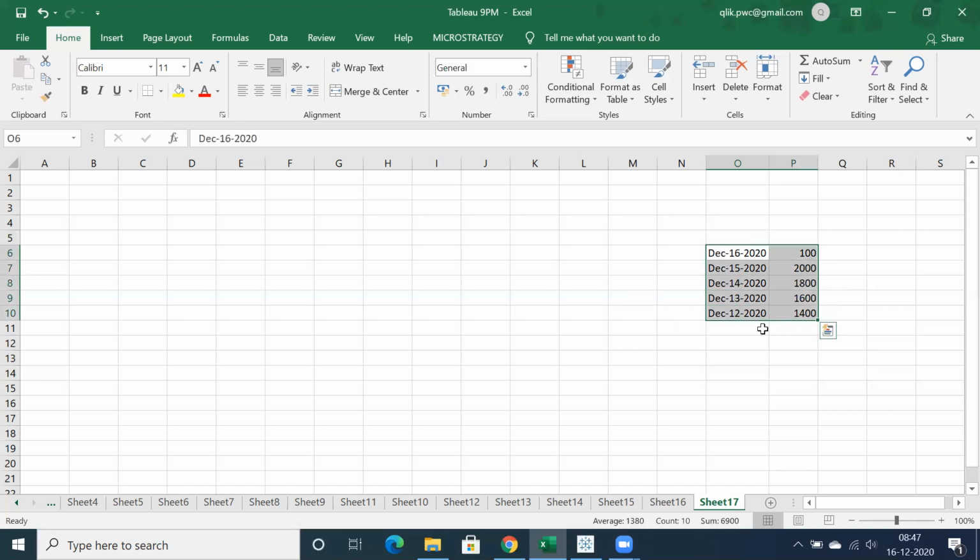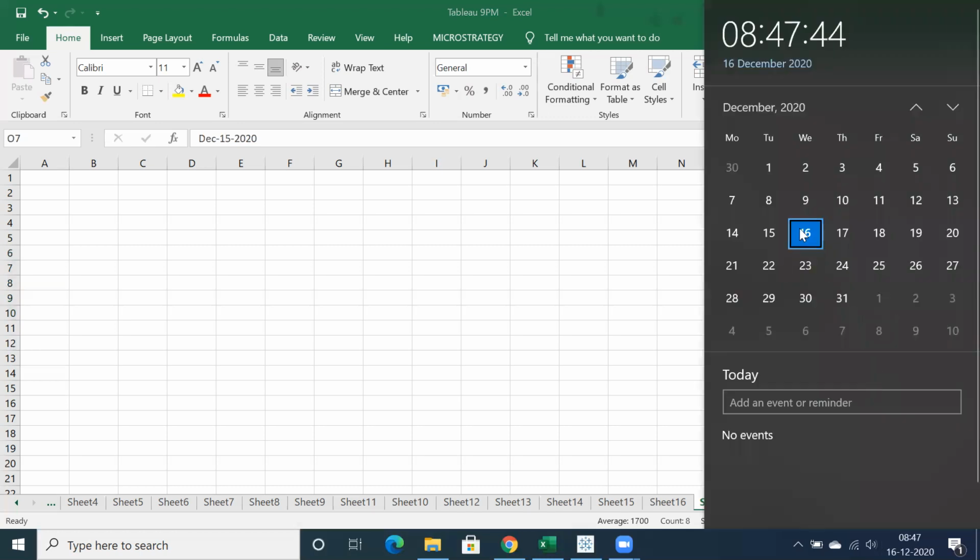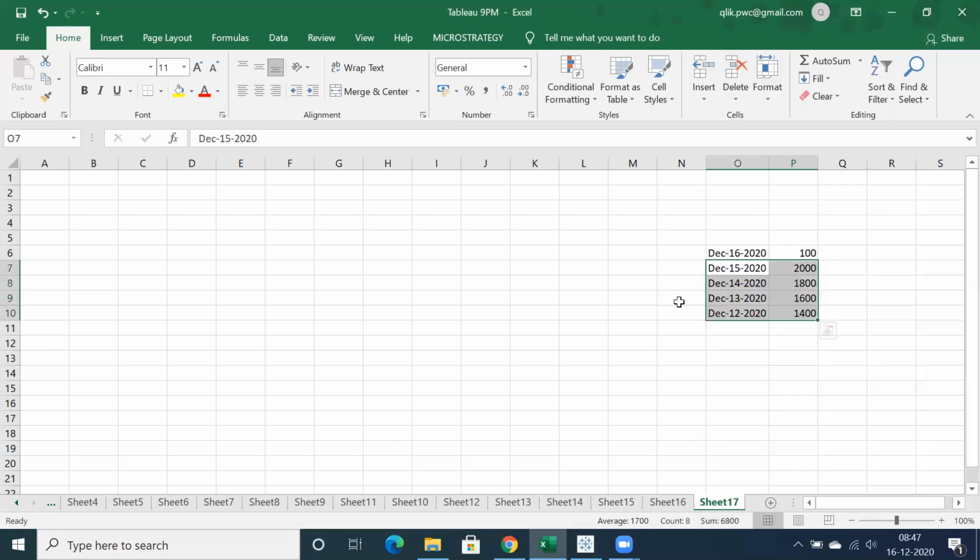What are all the sales that happened across these days? Let's say from December 12th, 13, 14, 15, or let's say 1 week of data. So let's consider today is 16, right? So from the 10th, or the last 6 days of data. Let's consider the last 6 days of data.